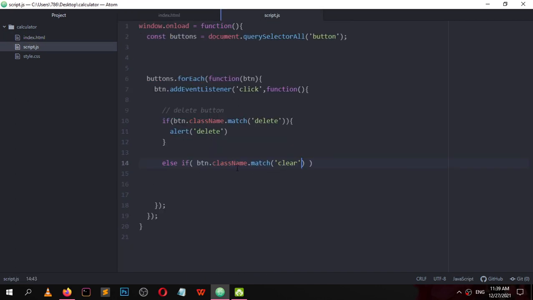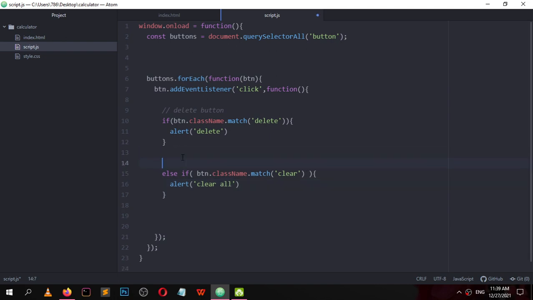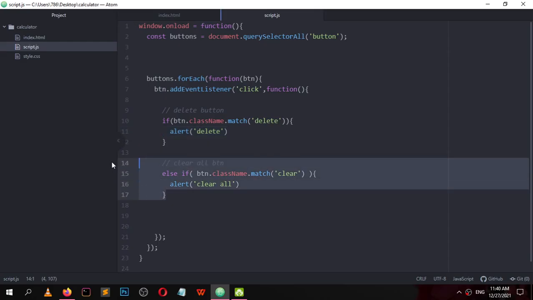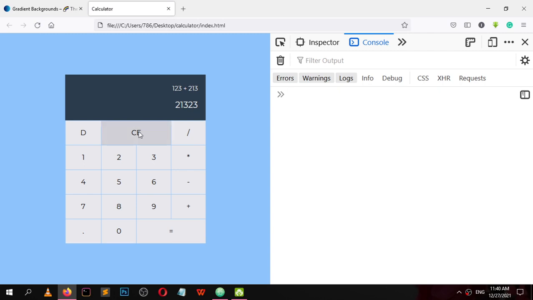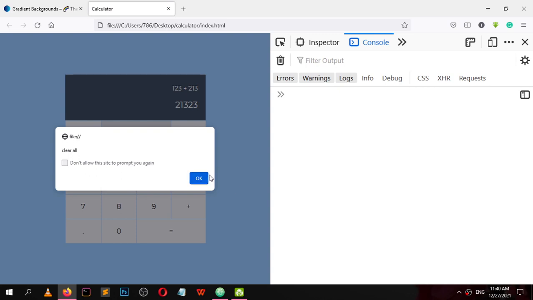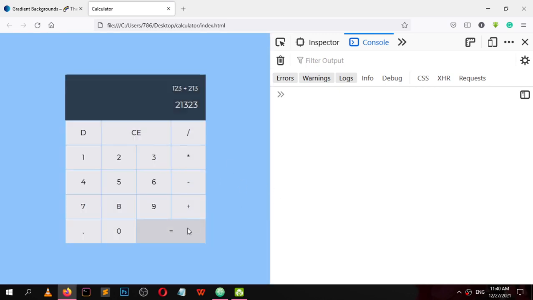So if this is clicked, alert clear all. The delete button will alert delete, and when the clear all button, the CE button, is clicked, it will alert clear all. Reload and check it is working properly. Delete will alert delete, and clear all will alert clear all. And the remaining buttons don't work.